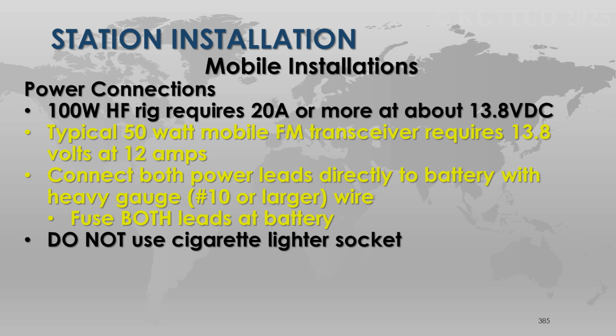A small radio, a 25-watt radio, works. There are radios designed to plug into your cigar lighter. If it's FM, it'll probably work fine, but if it's an HF or an AM, it's probably going to get noise in it. And one of the things you can do to discriminate a good socket from a bad socket is